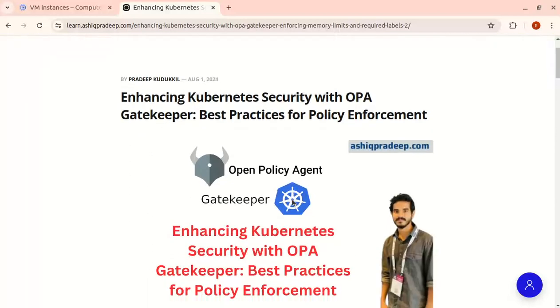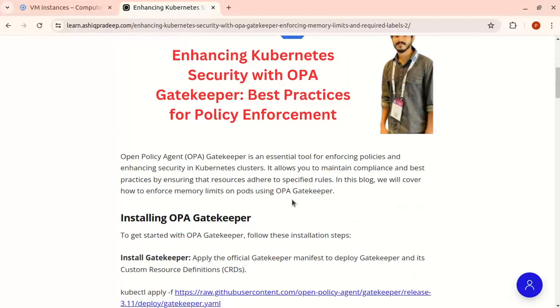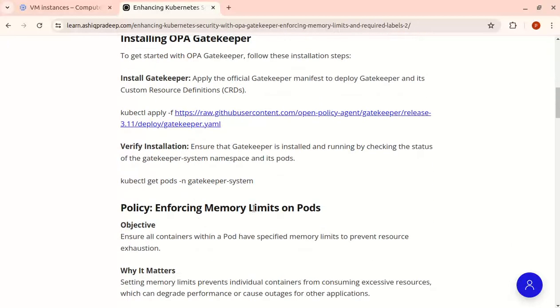suppose you are going to create a pod, and that pod doesn't have a memory limitation, but suppose we already created a policy by using OPA related to the memory limit. That policy keeps checking whether the memory limit is mentioned in the configuration file or not. If the memory limit is not mentioned at the pod level, that pod is not going to be created. OPA will block it and show the error. So before deploying the solution to live, it will find the issue